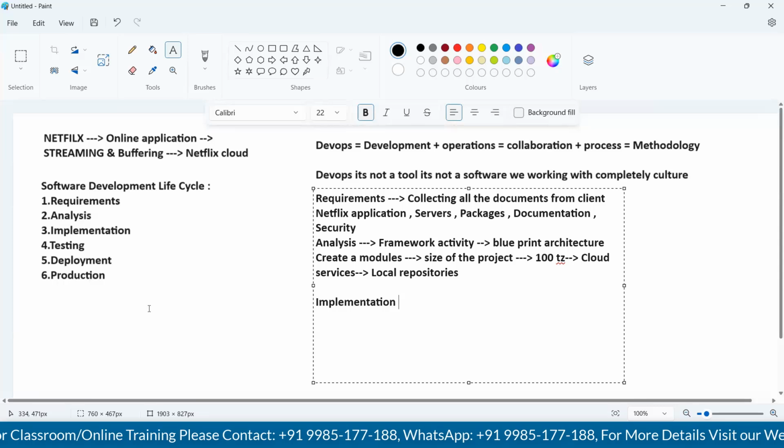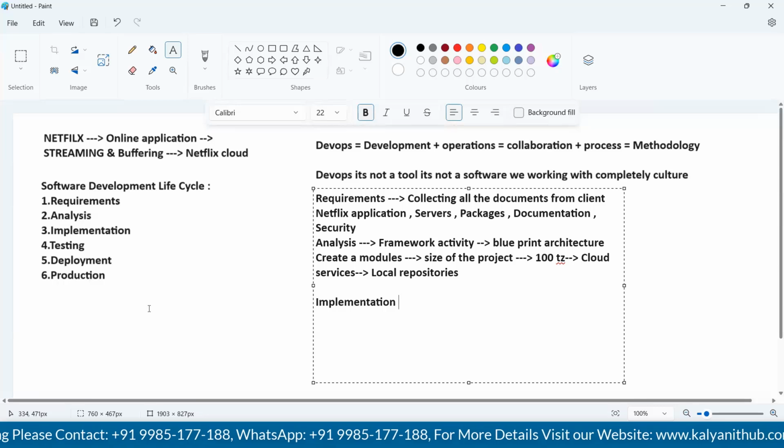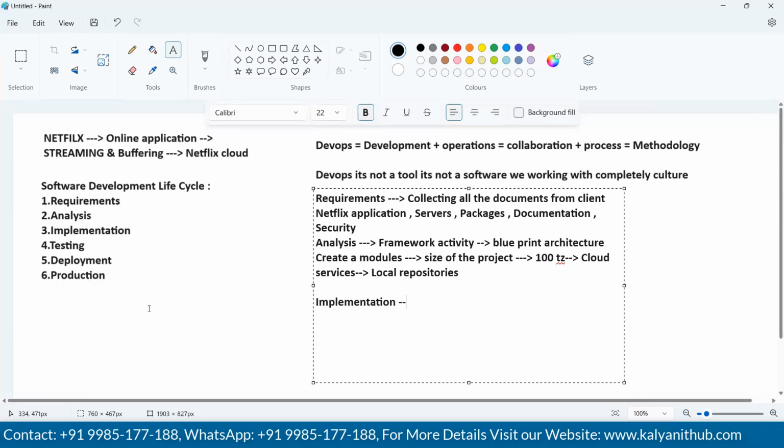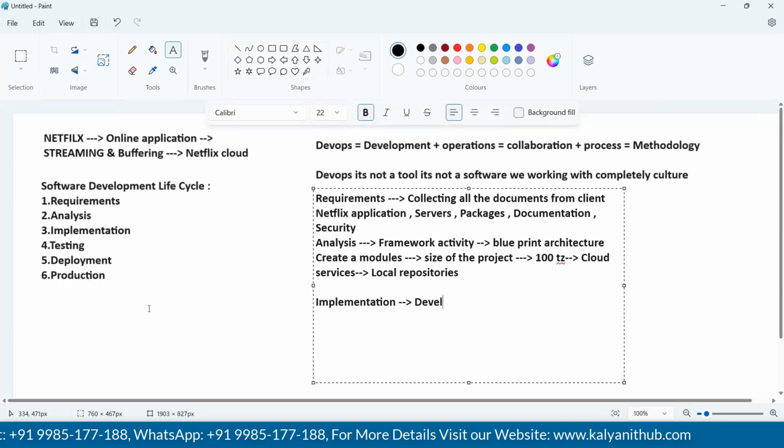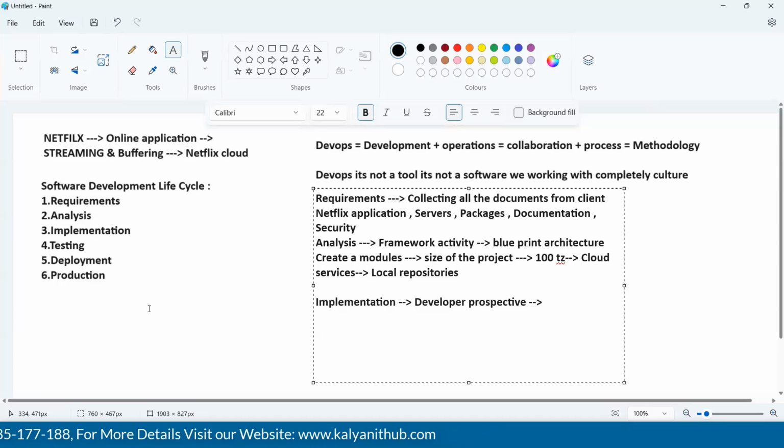In this implementation, we are trying to go with one more concept. We are trying to go with the developer perspective. In this developer perspective, what I can do here is, suppose whatever I have done with the software packages. I'm trying to create a software package as per requirement level. So suppose I'm taking Java or .NET